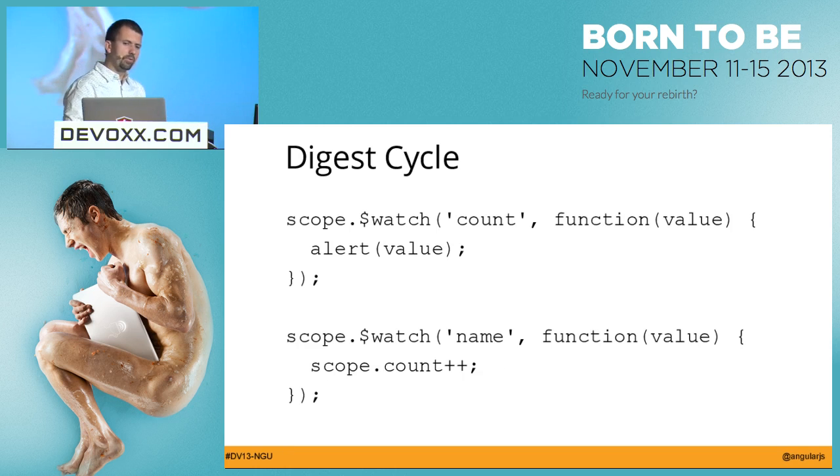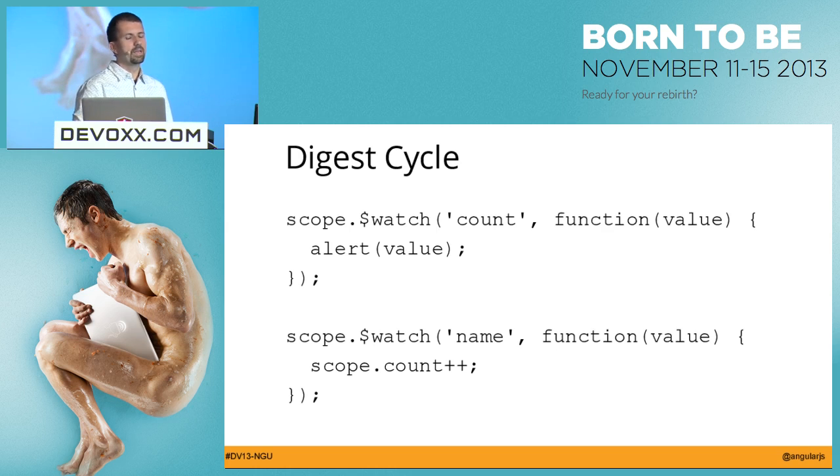Now, there's a second problem to this particular thing with dirty watching, which is that imagine you have two watches that have dependencies, where the first one simply says, look at the property count. If it changes, go and print alert. The second one says, look at the property name. If it changes, go and increment the count. But notice the order of registration. The count watch happens after the